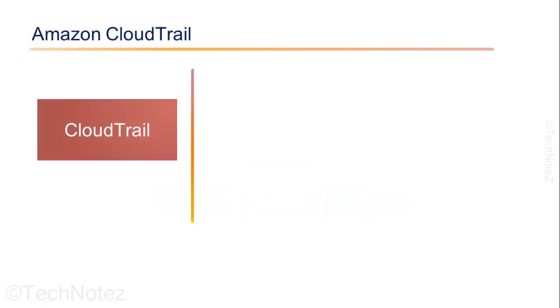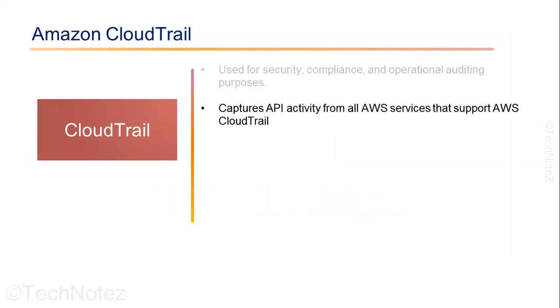AWS CloudTrail enables you to log, continuously monitor, and retain the account activities. This is useful for auditing and compliance purposes as well as for troubleshooting. CloudTrail can be used for security, compliance, and operational auditing purposes. CloudTrail captures the API activities from all AWS services that support AWS CloudTrail, including S3, EC2 instances, AWS Lambda, and